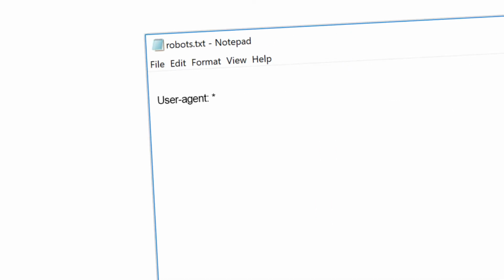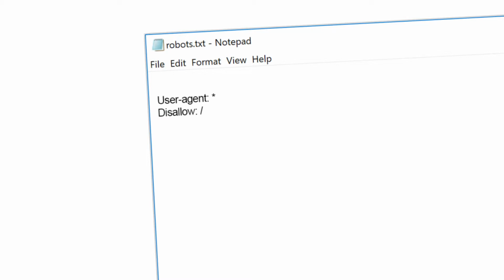The syntax is simple. Just disallow, space, then the page, the file, or the folder that you don't want them to look at. Now in this case, with nothing after the disallow, there's no target to disallow, so the search engines will ignore this. But with a /, you're actually preventing your entire server and all of its contents from being indexed. Now that's probably not what you're going for if you're trying to get the most out of your SEO efforts.